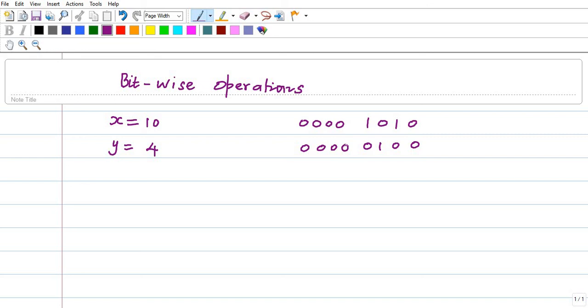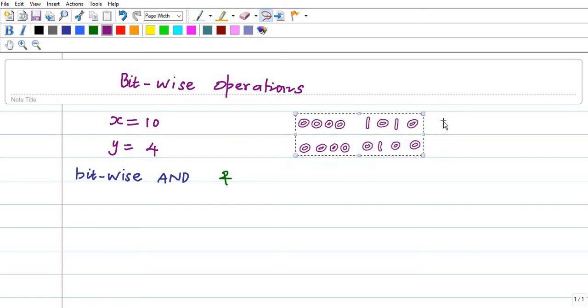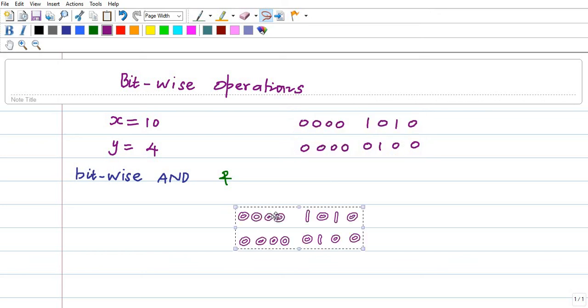First we'll discuss bitwise AND. The corresponding symbol is the ampersand. I will use this frequently, so I'll copy it.